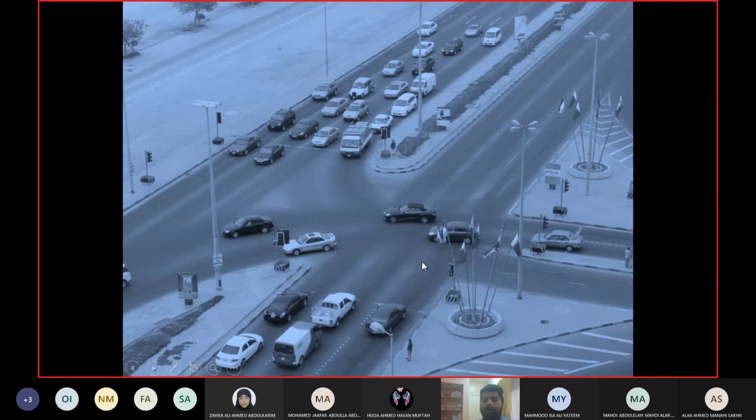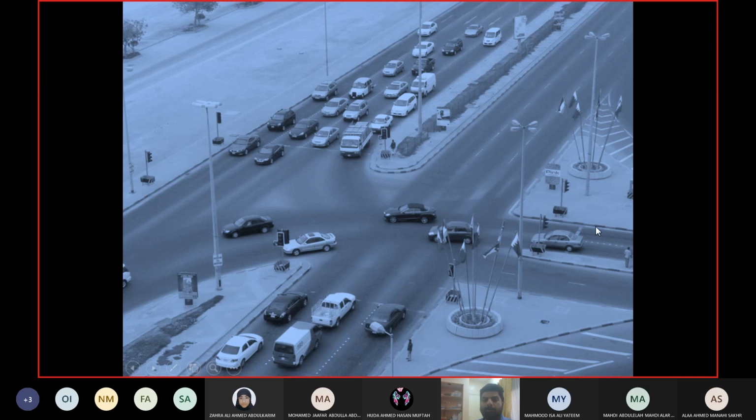Crossing red light. Why would a driver cross red light? We are talking about genuine drivers who are not trying to cross the red light. What could have happened to these drivers to make them cross the red light? The obvious answer is maybe they could not see the signal. Obviously they were very close to the signal when they saw it was turning red, and then they couldn't do anything, so they had to pass. So there can be a problem of sight distance here.